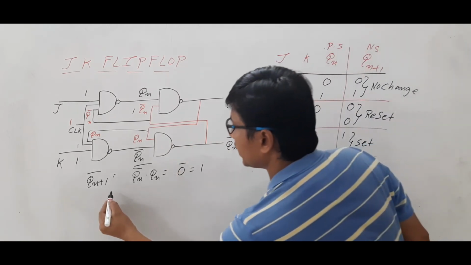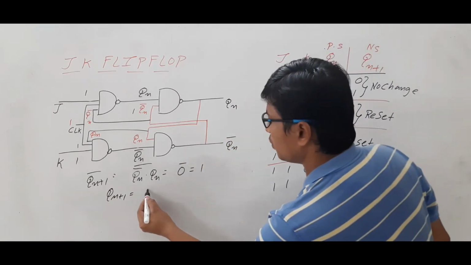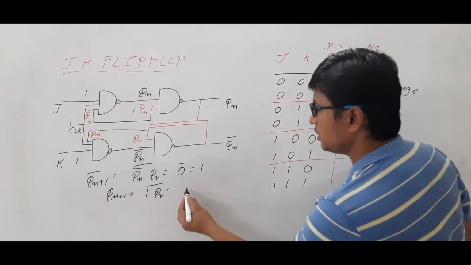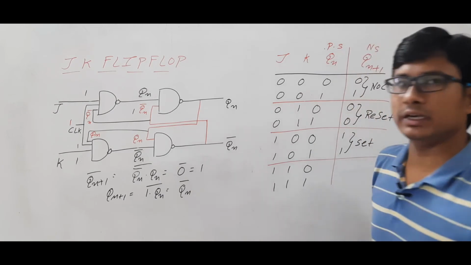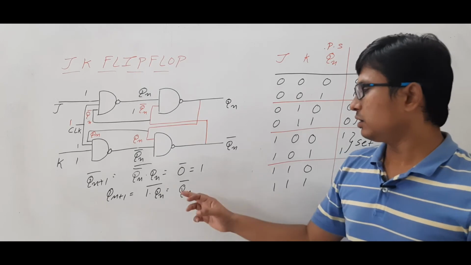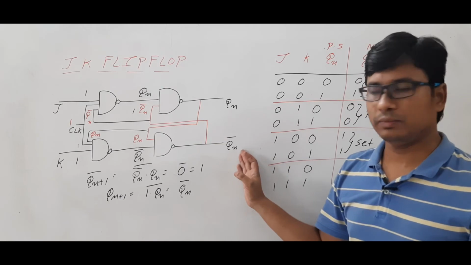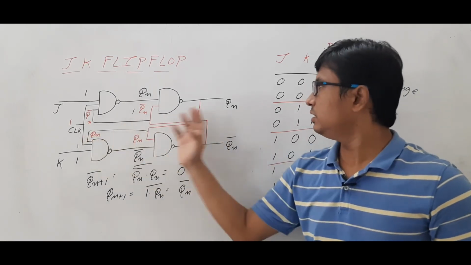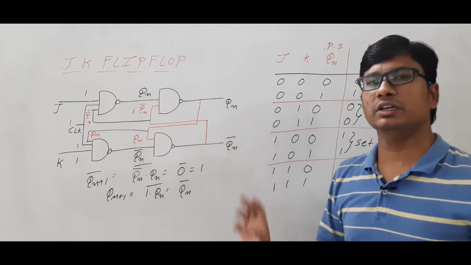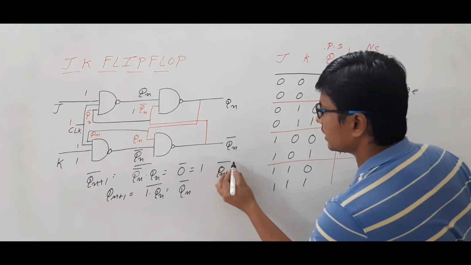Now what will be the Qn? You can verify it. What will be the Qn plus 1? Is equal to 1 and Qn whole complement is equal to Qn complement. So now Qn plus 1 is giving the Qn complement, now if I give again here, this one I will get Qn. Means next time whenever I am giving this Qn complement as an input here, then Qn plus 1 complement will give Qn. Are you able to understand? If you want to verify, you can verify. Qn plus 1, next time it will give